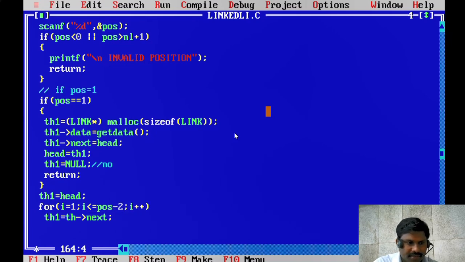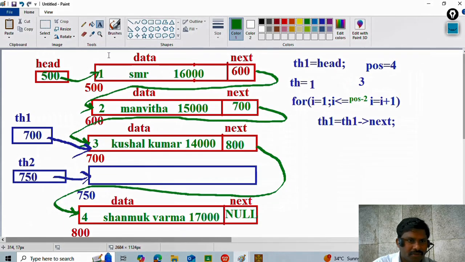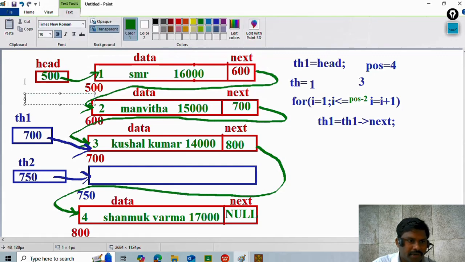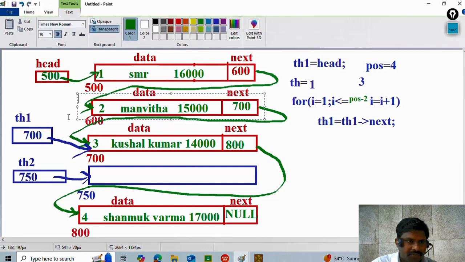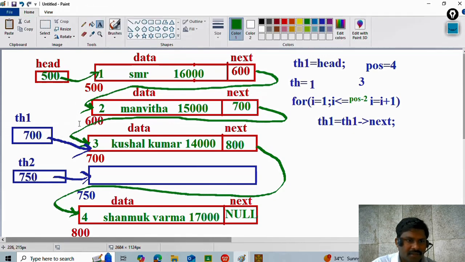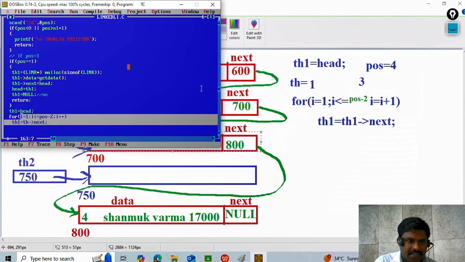Starting i value is 1. So th1 is already pointing to the first node. Now th1 is pointing to the first node. The loop is repeated the first time, th1 value is 600. Next the loop is repeated the second time, th1 value is 700. So after completion of this execution,